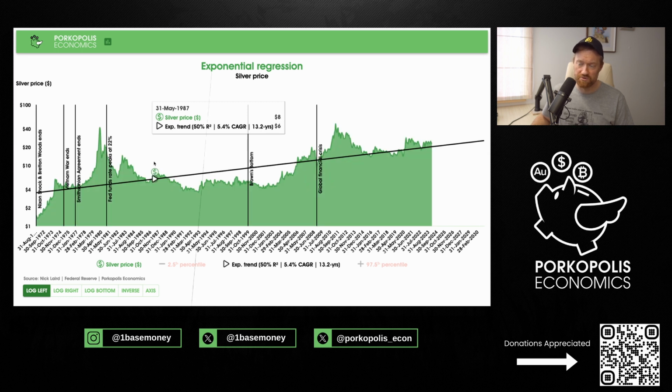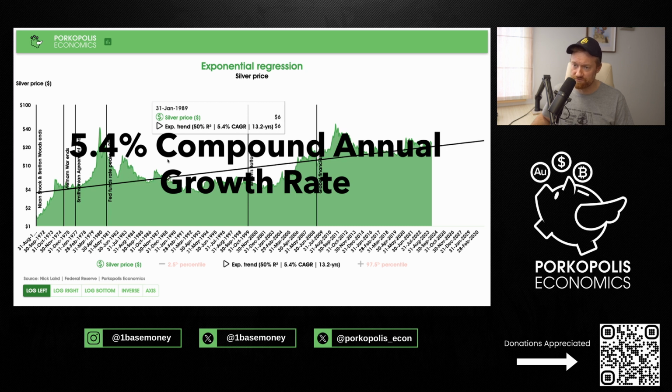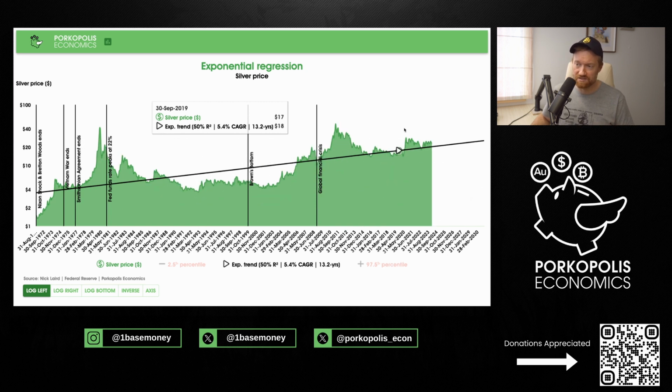So 5.4% compound annual growth rate per year for silver, or the last thing in the tooltip you can see there, 5.4% compound annual growth translates into a doubling every 13.2 years. So every 13 years, roughly, silver doubles. Now, that's the mathematical calculation. You can see, again, in reality, to actually hit that, you can be well above that growth rate here if you bought, say, at the start of the 70s and sold in 1980, or you can be well under that if you did, as I said before, buy in 1980 and sell in 2000. But in general,